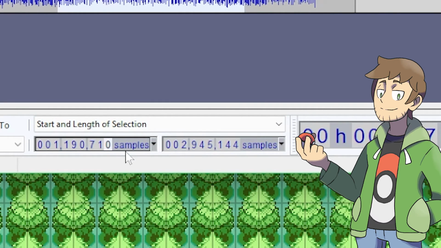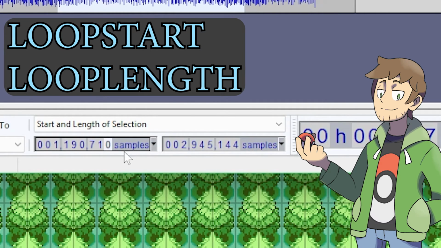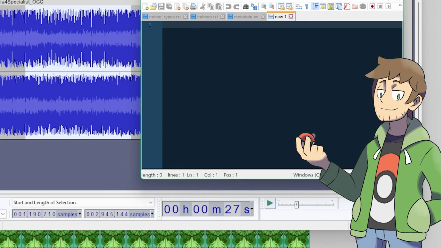When we export this file, we will be setting two values in the metadata. These two values are loop start and loop length. Now, let's write these values down. I like to write them down in a notepad and then copy and paste them later. So the start of our selection looks like 001, 190, and then 710. And then the length of the selection is 002,